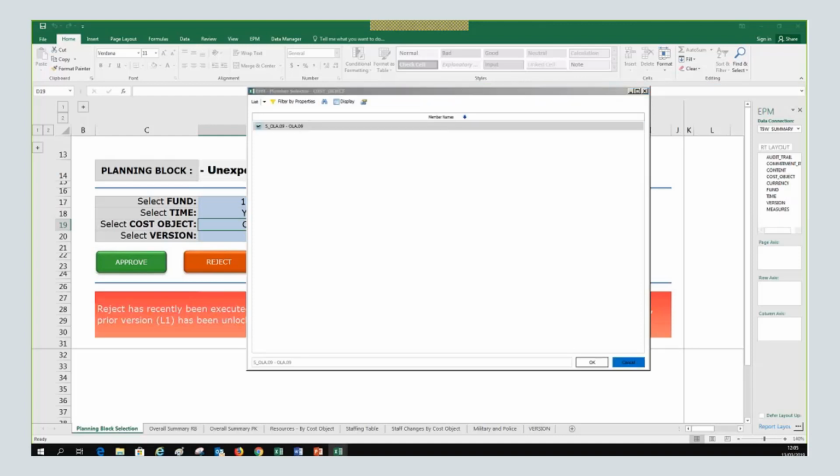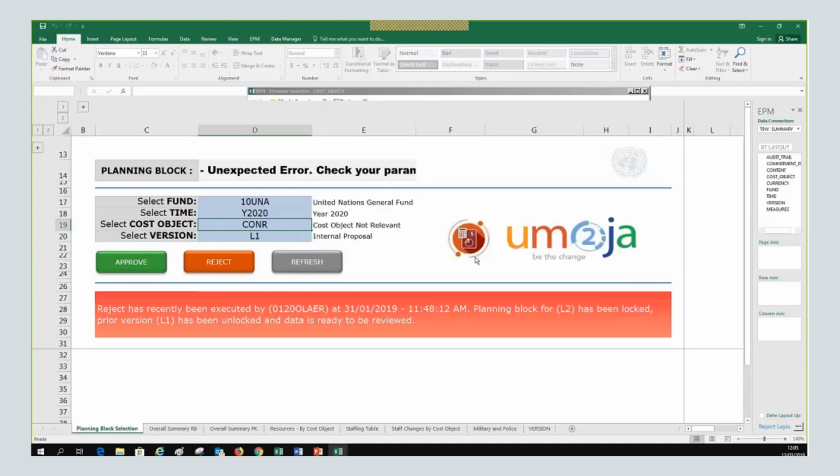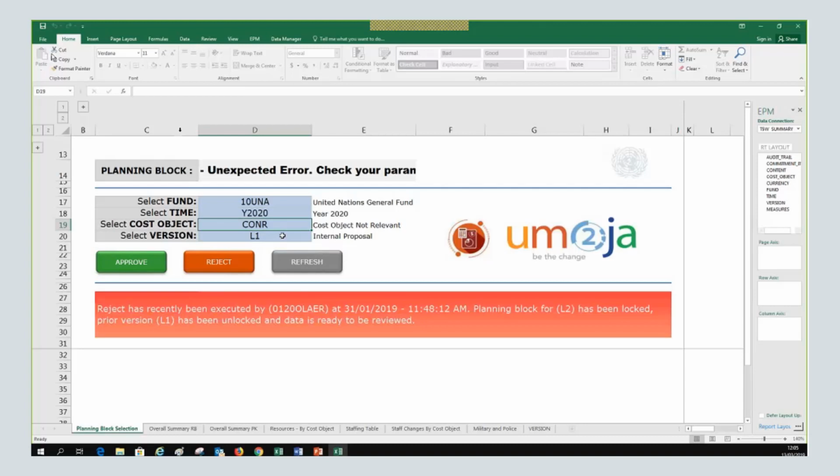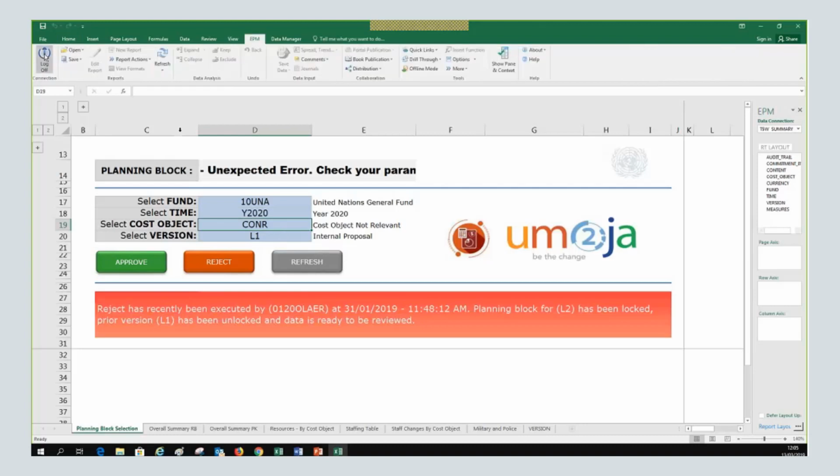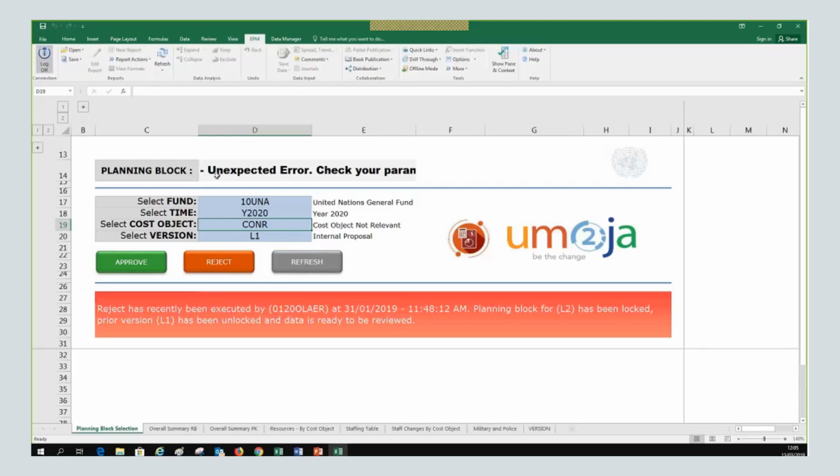I have to log off now and show you with a different user, because this one will not have all the data that I want to use for this demonstration. But you have to know that the entities that appear here are not at cost center level. It's not a sub-entity, it's just the entity.